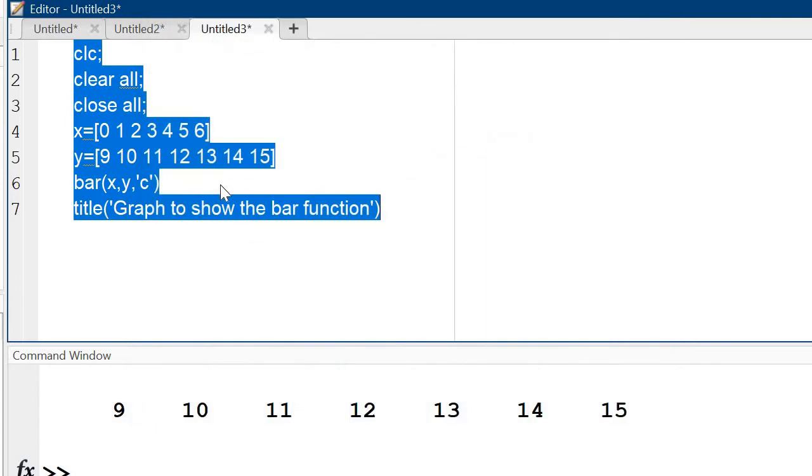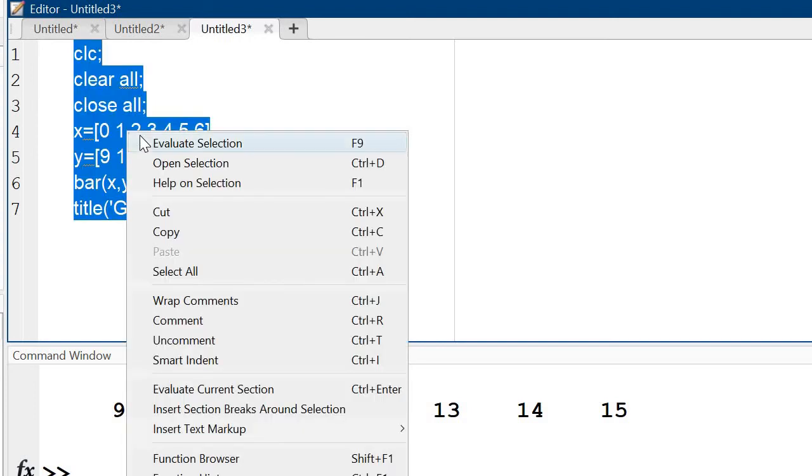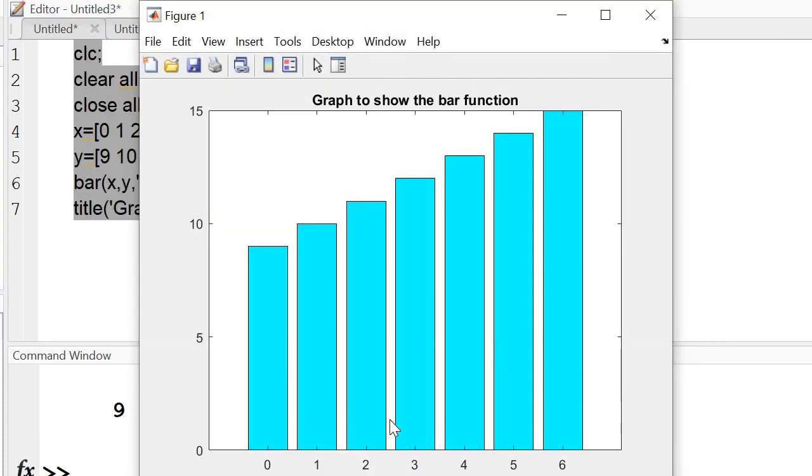Now after that, a very interesting point: if you want to change the values of the x-axis, like I am showing these values, instead of 0, 1, 2, 3, 4, 5, 6, I want other values like January, February, March. Then how?